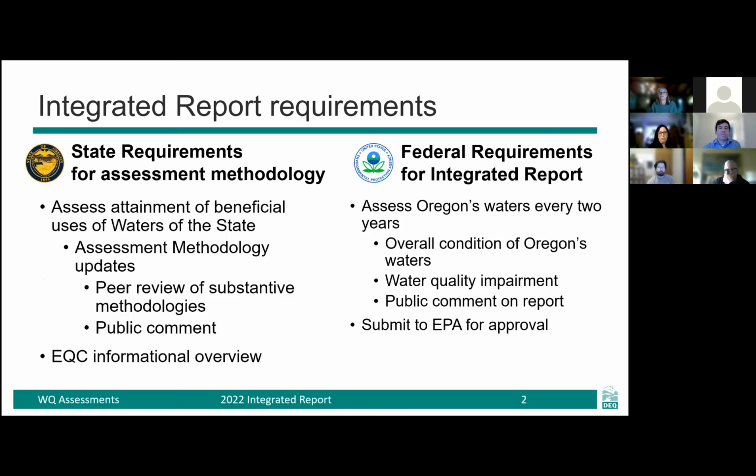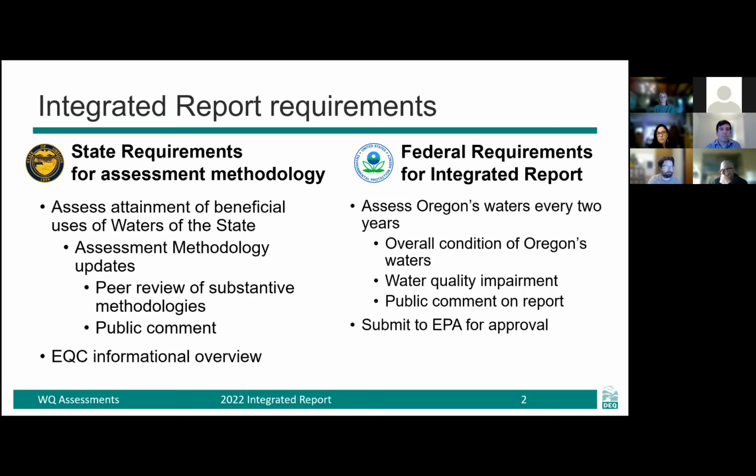In this report, which is actually more of a database than a written report, states must report on the overall conditions of Oregon's waters, report on water quality, impaired waters, which is also known as the 303(d) list, and go out for public comment on the draft findings, which is where we are today. Once public comments have been addressed, states must then submit the report to EPA for final approval.